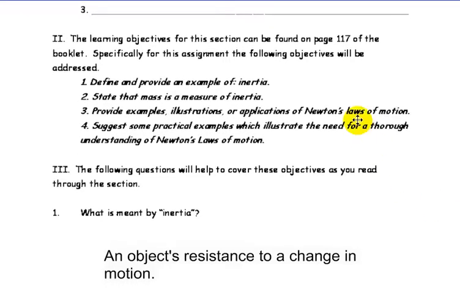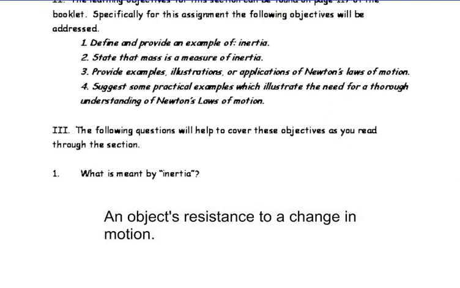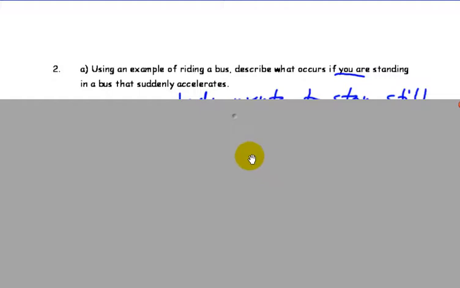So first of all, it was mentioned inertia. Inertia is an object's resistance to a change in motion. So objects tend to keep doing what they're doing. If there's a change in movement, that resistance to a change is referred to as inertia. So for example, riding a bus, describe what happens if you're standing still and the bus all of a